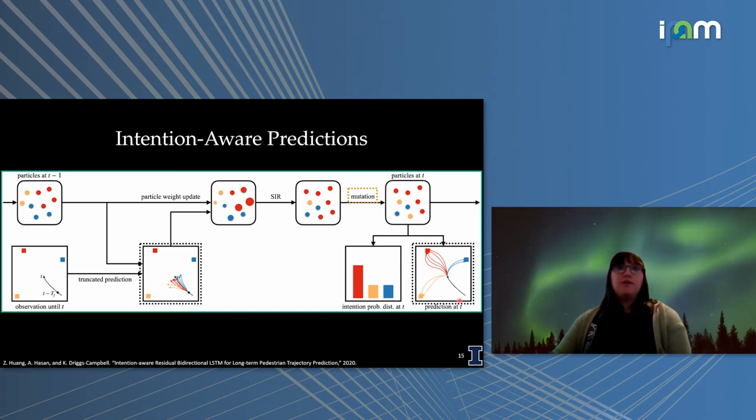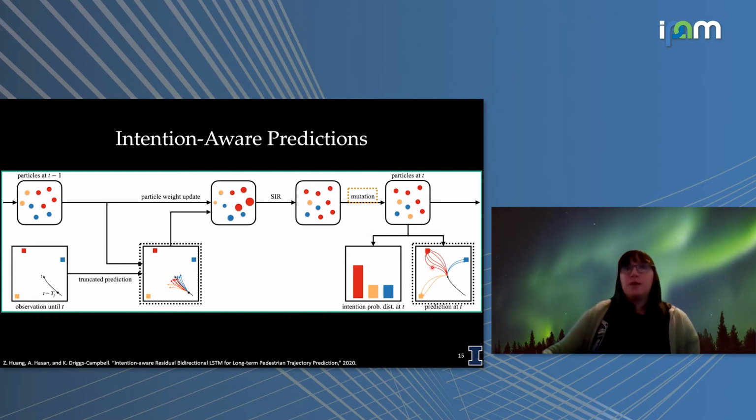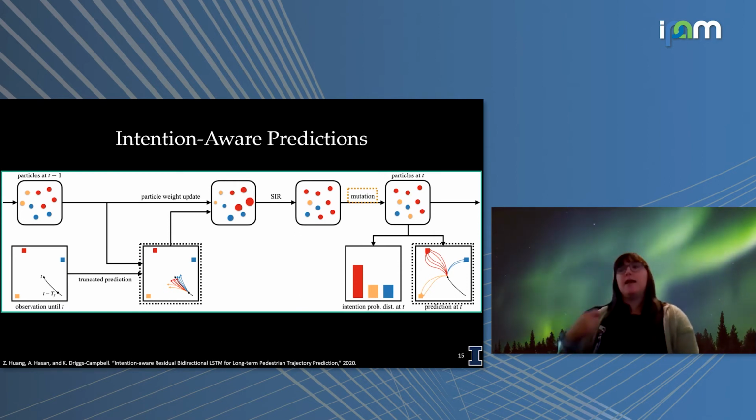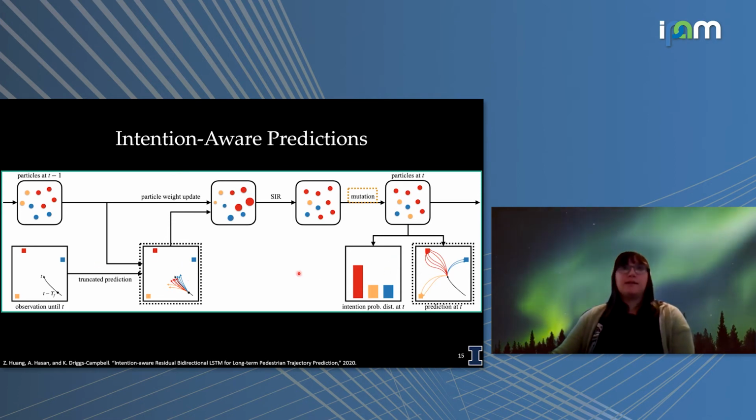And then in turn, we can use this to, again, use what we're now considering a black box prediction and forward predict where the agent is going to go. So this is a fairly standard particle filtering approach. Again, the new things here are how we're going to actually do the prediction given some goal. Since every particle is assigned an intent or a goal region, we can assume that this is given for their prediction. So we'll talk about that in the next step.